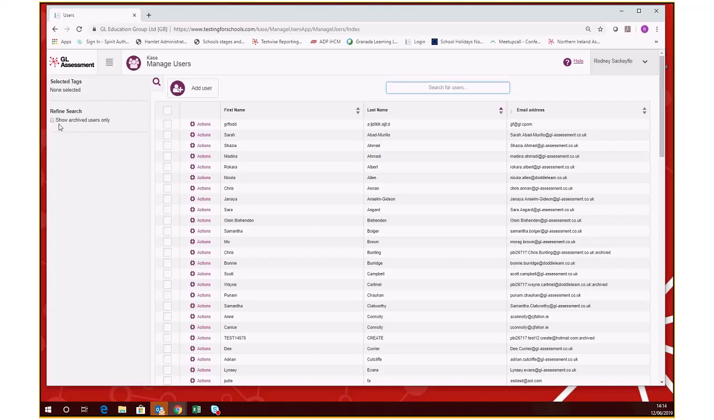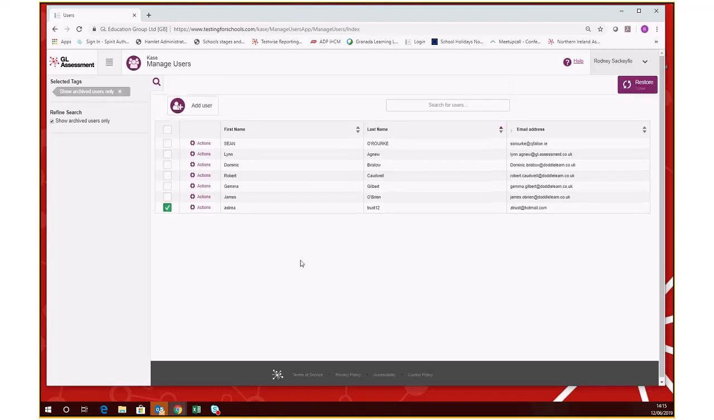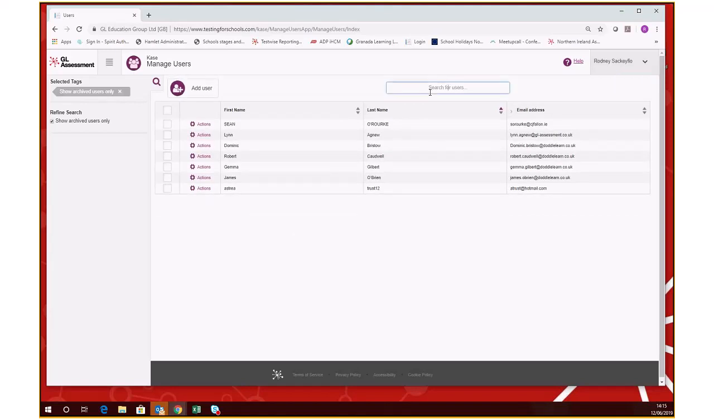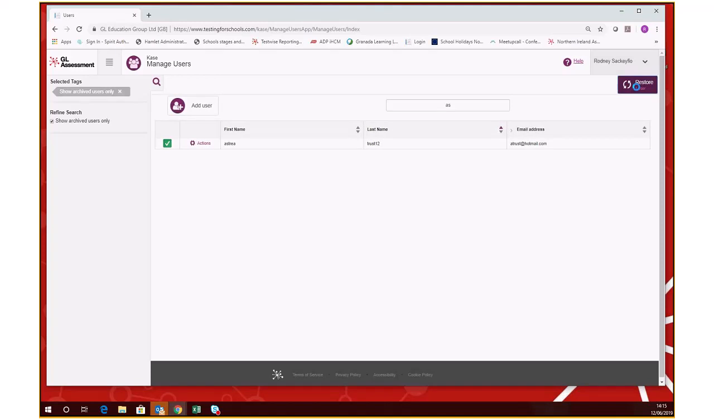Now, if I need to find that user, there's a little button on the left hand side where it says show archived users only. Just tick that box, and luckily I've only got a little list, so I can spot that user, tick on that name, and it gives me the option to restore. But if I had a long list of names, as I did earlier, just type in the first two letters of the name. It will give you a few names that may come up, and then you can select your user to restore